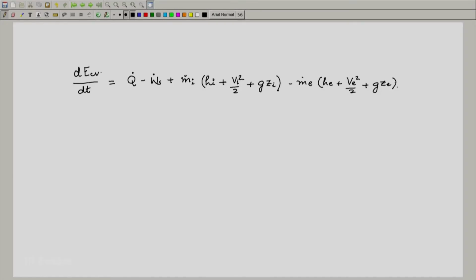This is the first law as we wrote it, and you realize that the inlet and exit plugs no longer exist here, and as delta t goes to 0, this is also okay; their effect should no longer be taken. You will also notice that the Q dot and W dot s were really applied for the closed system, but finally here they appear as applied to the open system.